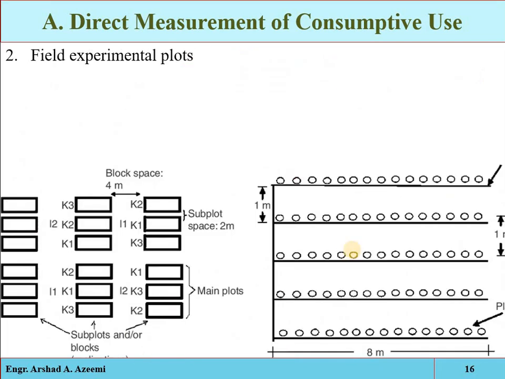Second method is the field experimental plot method. So in this method, suppose you have the given area or given field, so divide the given field into different plots. Okay, meaning into different equal plots. Now see, the area is the same, meaning the soil condition will be uniform, the climatic condition will also be uniform, and in each plot, in each box, cultivate the same crop. So the crop is the same, soil condition is the same, climate is uniform. Okay, now